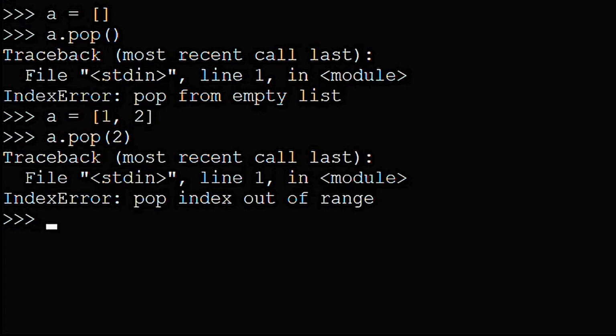Going back to A being a list containing 1, 2, and 3, if we called pop of 0 on this list, the number 1 would get returned, and the first element would be removed from the list. So, if you pass an index that exists within the Python list, pop will remove the item at that particular index. Be warned, though, popping any item that's not the last item can be a time-consuming operation as your lists grow larger and larger in Python.